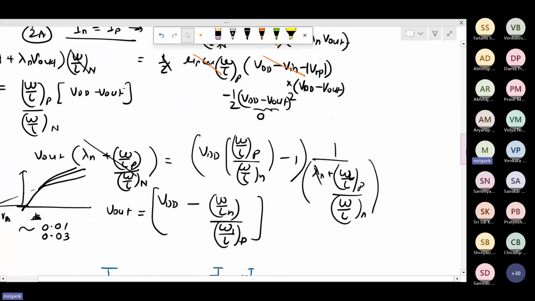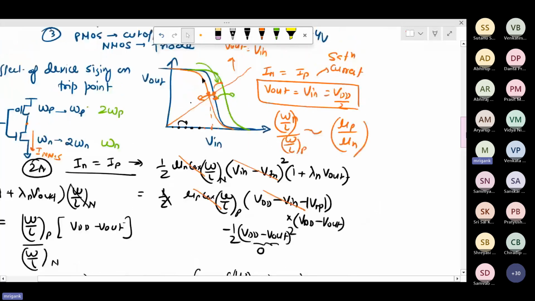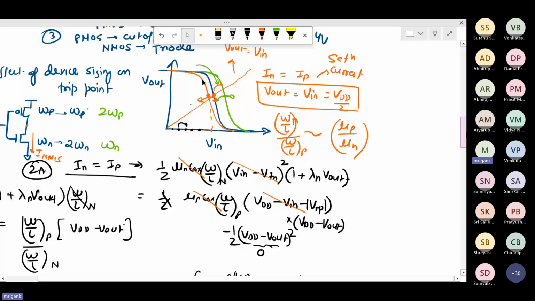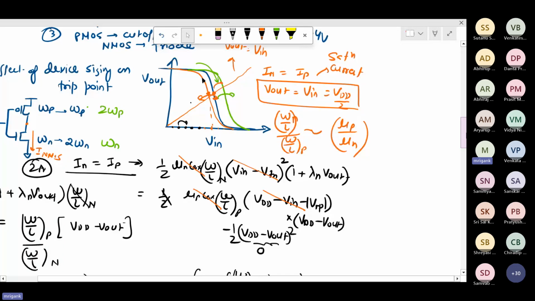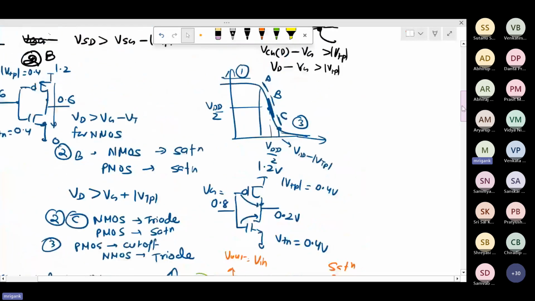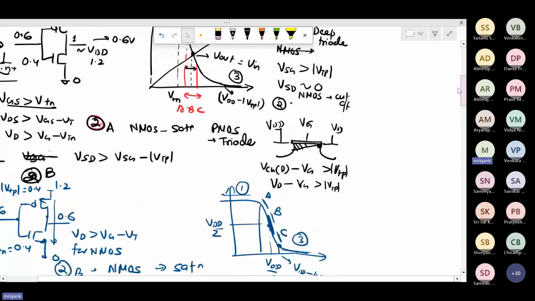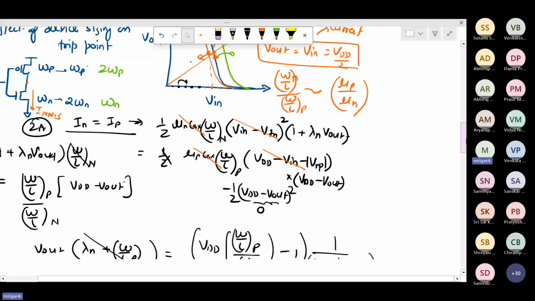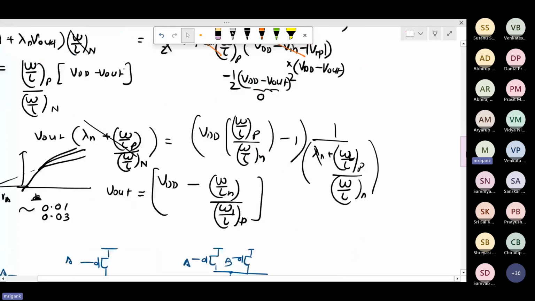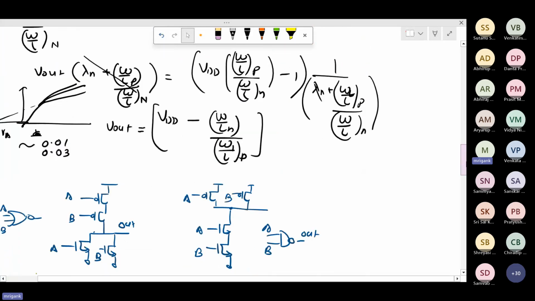Remember that whatever additional reading and simulation examples are being given, you need to follow that and complete it before the next lecture, so that discussions are more clear and you can ask more questions. If you are not coming with the simulations done and your reading assignment done, I am assuming that, based on those reading assignments, you have covered some parts. Therefore, I have gone through some parts faster, like this VTC discussion. But if you have not read that Razavi chapter, it may be slightly difficult to catch up.